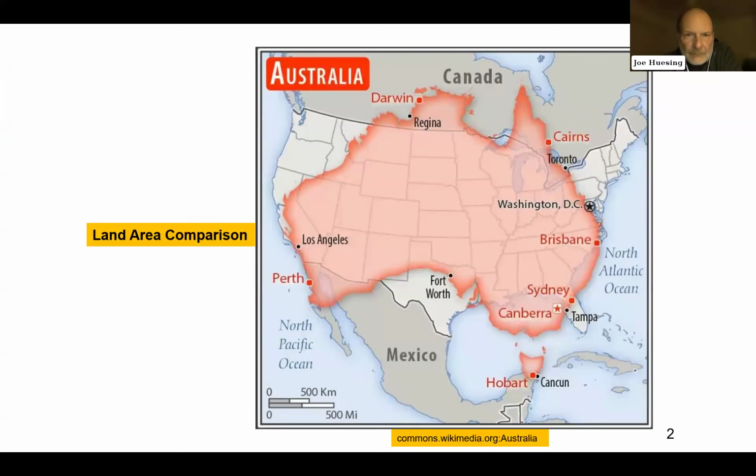Next slide, please. So I just wanted to put a map up here very quickly, just to give us a bit of perspective. Australia and the continental United States are roughly the same size. I do want to point out two things on this slide. Where the word Brisbane is, right above the B is the state of Kentucky. That's that funny state that's got a bunch of squigglies around it. And if you look at where the W is for Washington, D.C., right to the left, that's the major corn belt of Nebraska that I'm going to be talking a little bit about today. So Nebraska, Iowa, and Kentucky, just to point that out for everybody.